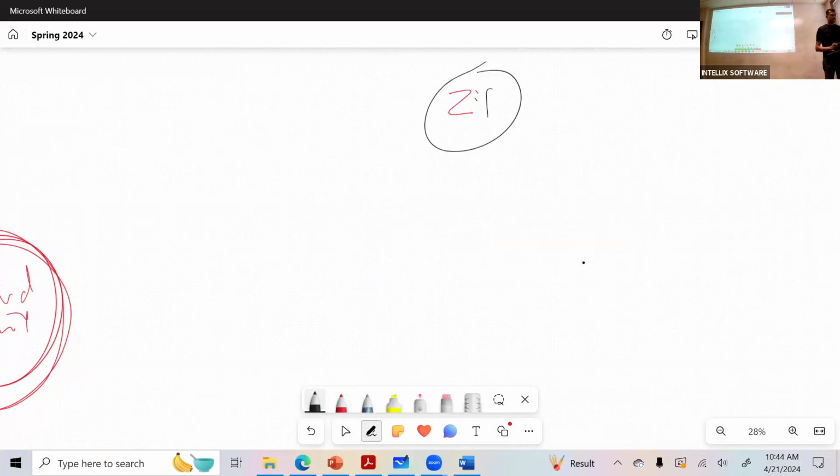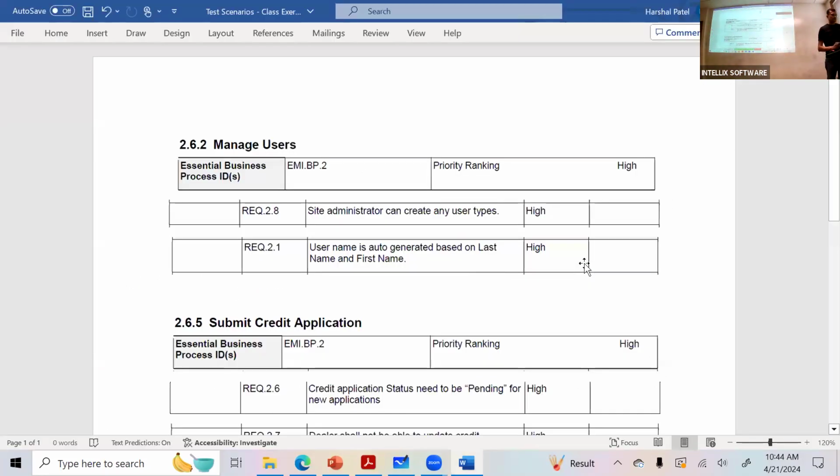Can anybody explain what we are doing with this requirement, or what this requirement means, and when this requirement comes into play? I think you all wrote the test cases, our scenarios. So what does this requirement mean?